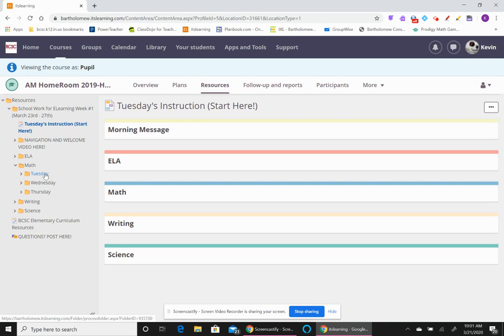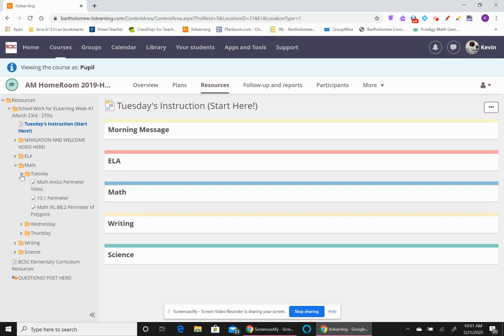So let's say it's Tuesday. If it's Tuesday, I'll select this folder here, and you'll notice there are different assignments. You'll have 3 things to do for math on Tuesday. So for example, the Math Antics perimeter video. If you look at that,